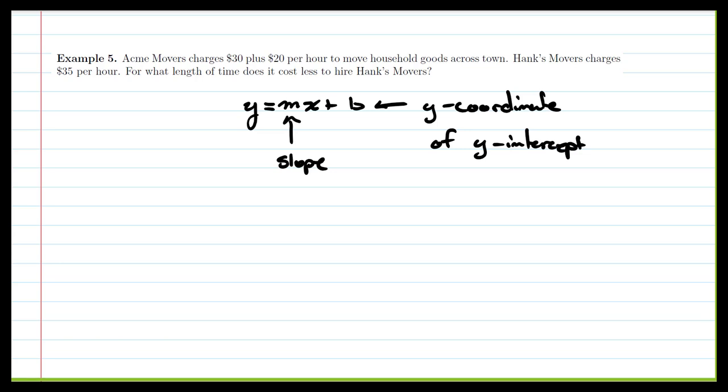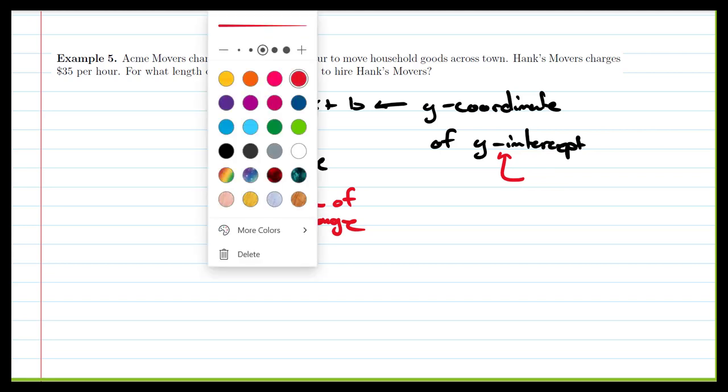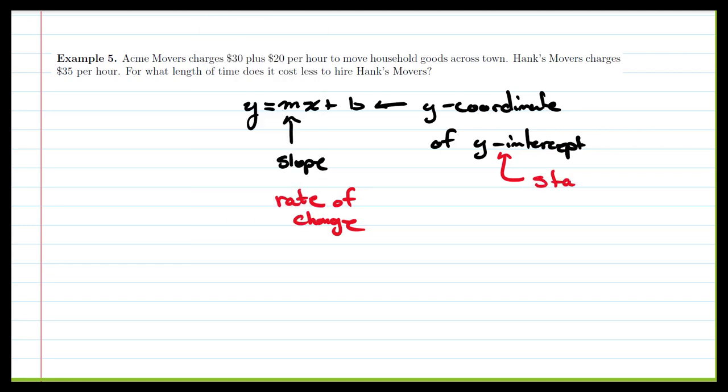In terms of application problems, and we've mentioned this before, our slope is our rate of change, and the y-coordinate of our y-intercept is our starting value. So in terms of what we're going to be looking at here, we can still use our same model, but we want to think of these in terms of rates, and where do we start? So for our starting value,